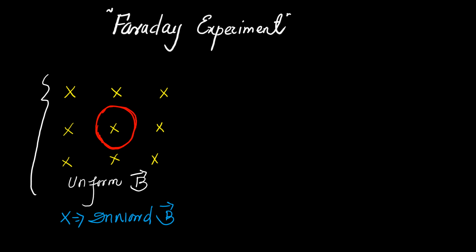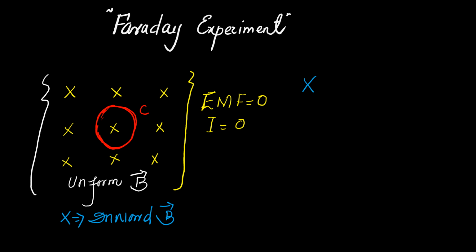and he observed that if the magnetic field lines do not change, meaning the magnet has a uniform magnetic field, then in this case the conducting coil does not attain an induced electromotive force. So the electromotive force in this situation for the coil was zero, and the current in the coil was also zero. However, Faraday observed that whenever there is a change in the strength of the magnetic field, suppose X,